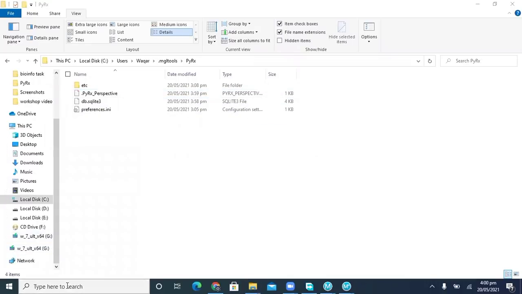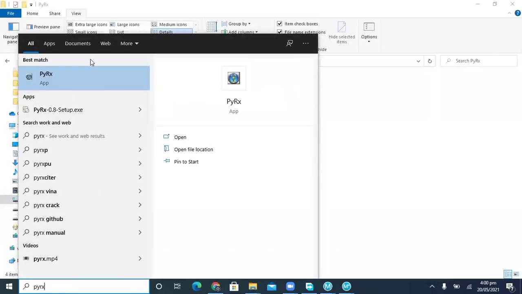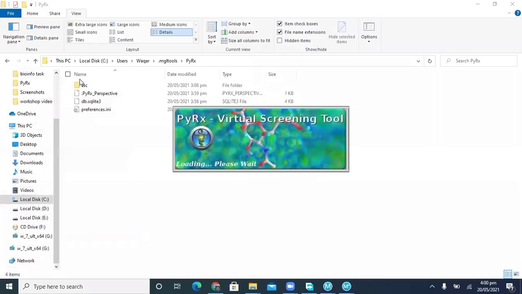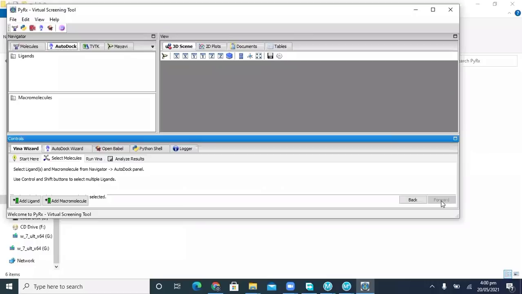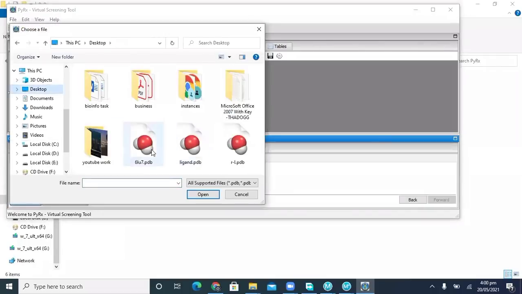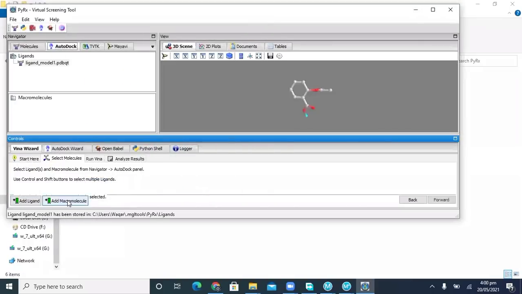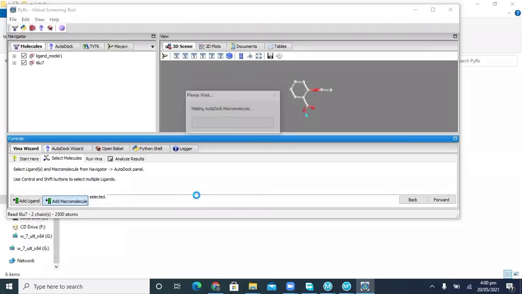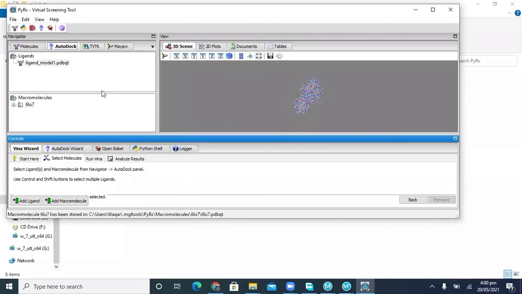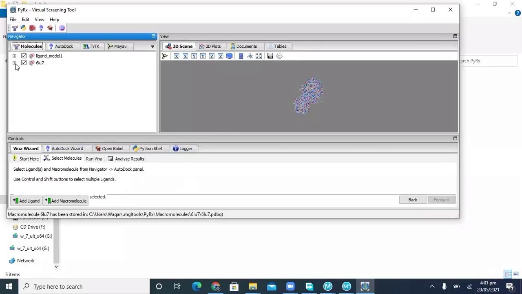Now PyRx will not create any problem. The same procedure will be repeated. We have only 2 minutes, and in 2 minutes we will complete this docking. Desktop. Add macromolecule, PDB, and go on molecule, chain A, and 41 will be selected.